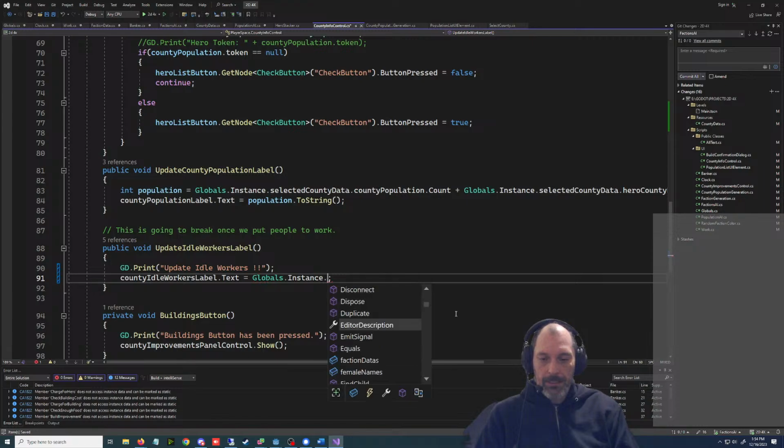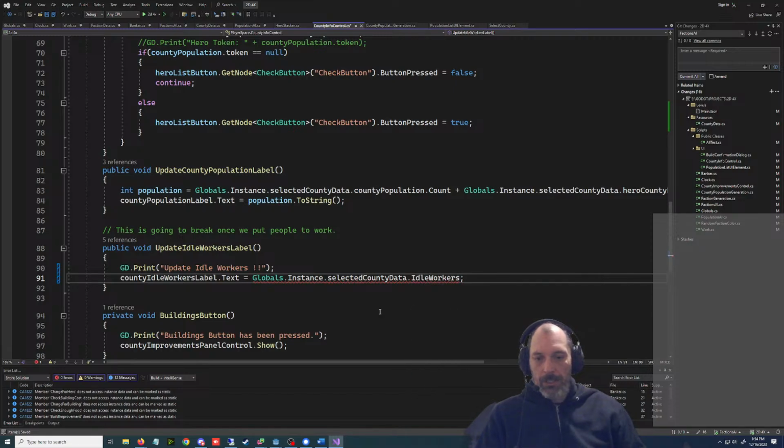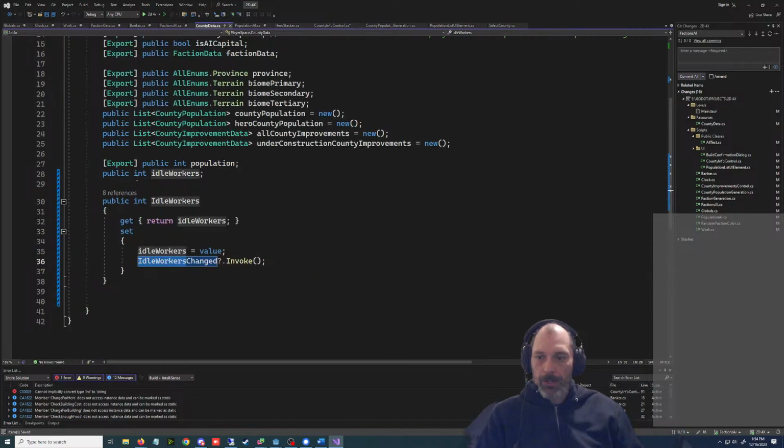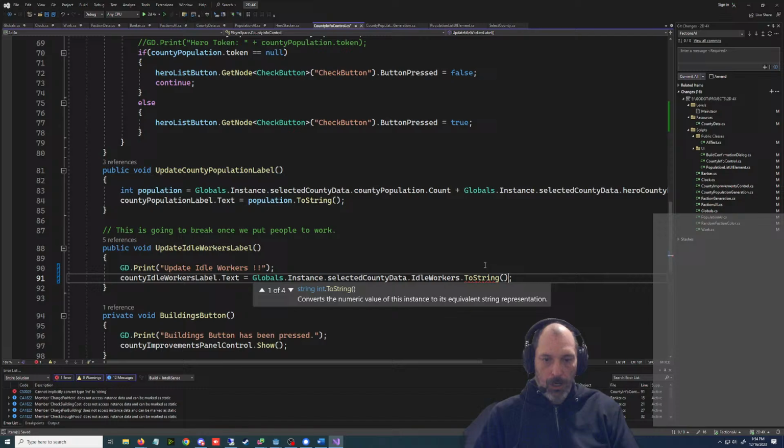Globals instance selected county data dot idle workers. Nope. Idle workers. Also, where is my county data? This should be private. And to string blarg.